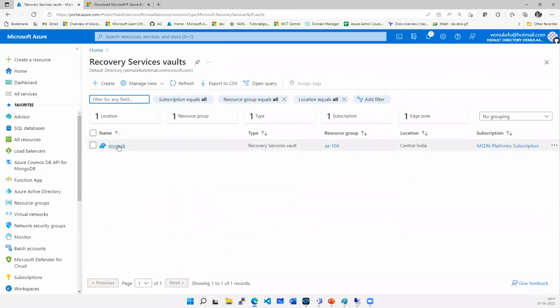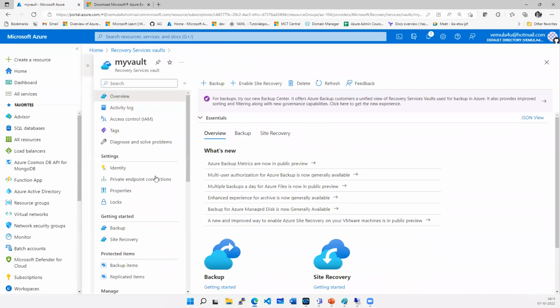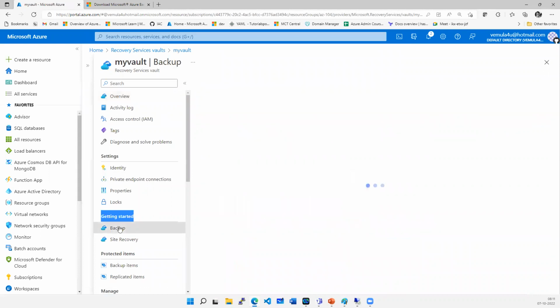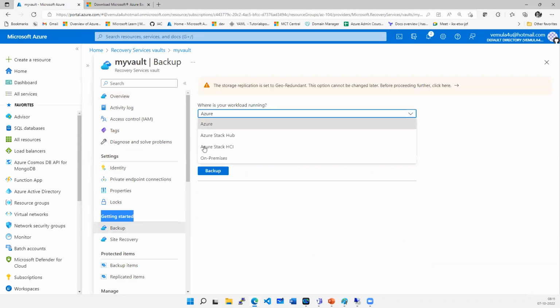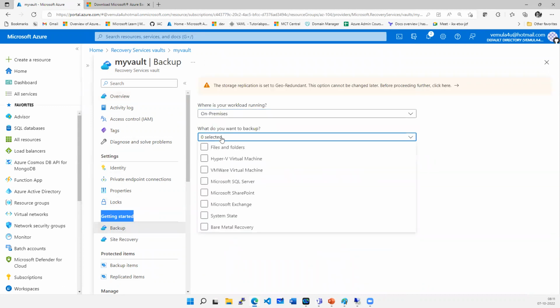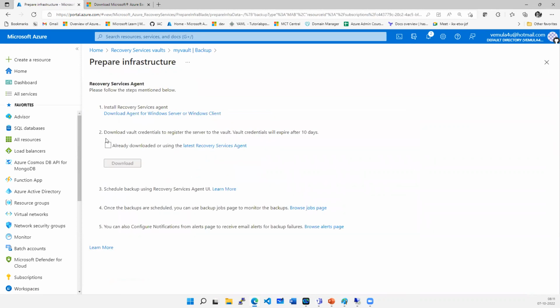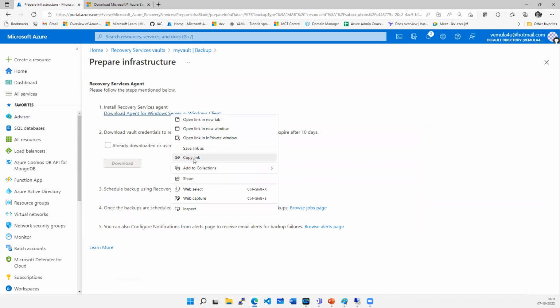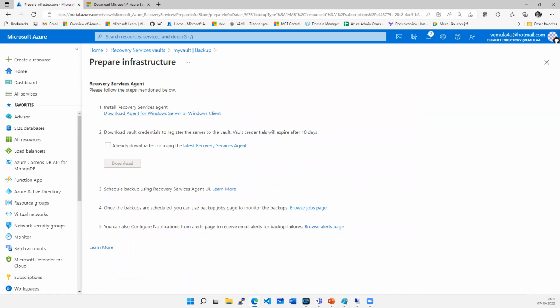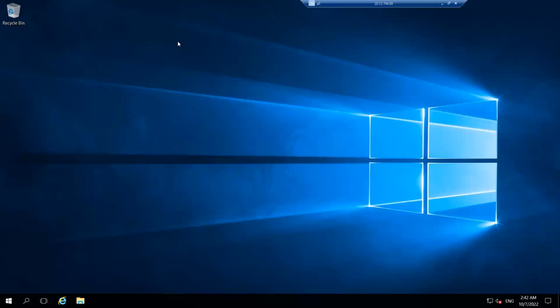If you go to the vault and tell your vault that, right, I'm going to take backup of files and folders. Let's go to the getting started option and tell it that I want to take backup of on-premises environment, files and folders. When you hit prepare infrastructure, then you get this link, isn't it? Install Recovery Services agent or Microsoft Azure Backup Server. Copy the link and download it,